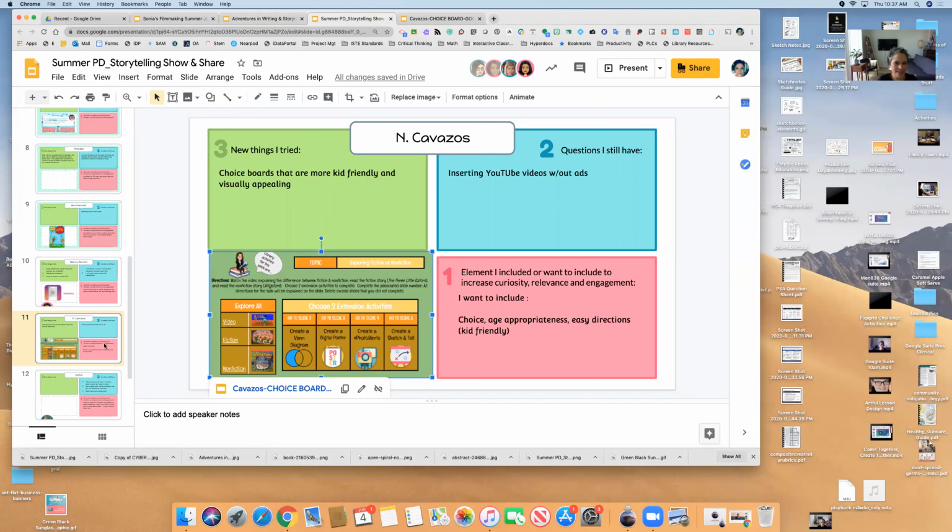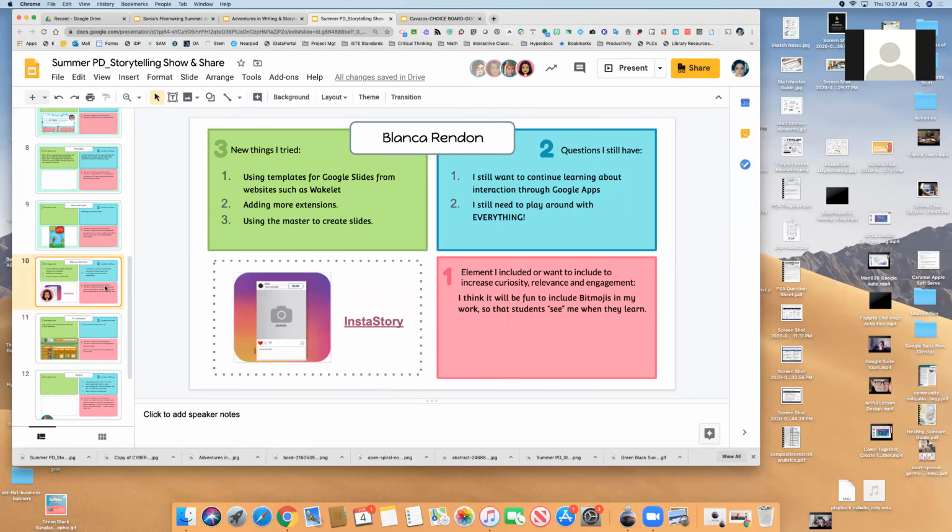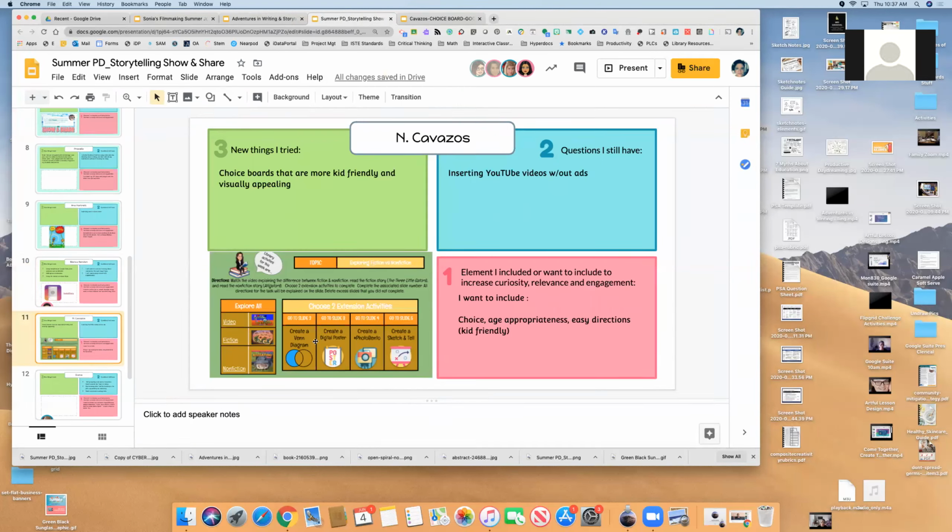and next is, oh wait, I had another question. Oh, sure, go ahead. Like on some of the things in the single sign-on, like the Smart Suite and the Pear Deck stuff, you can put in YouTube videos that don't have the ads. But like today, when I went to put in this one, it still has the ads.